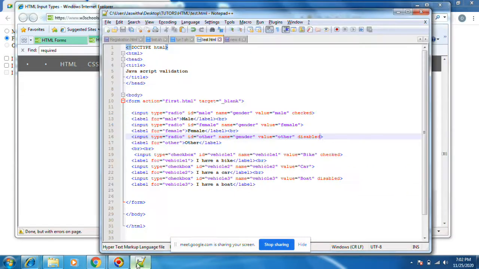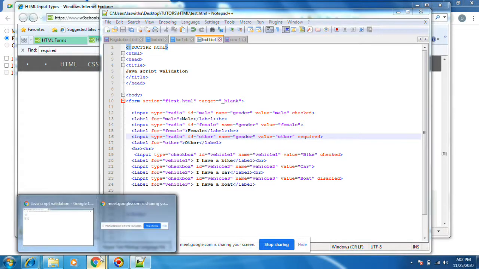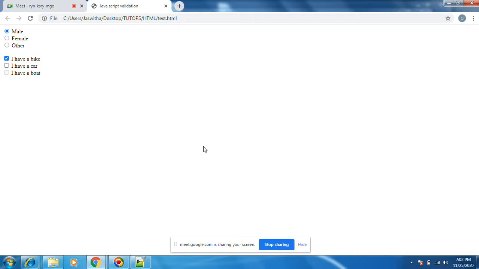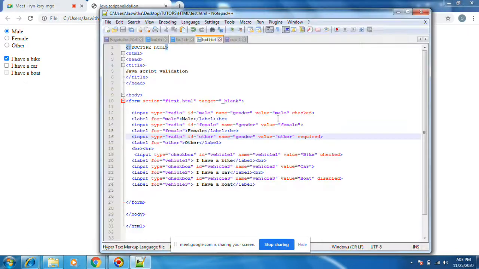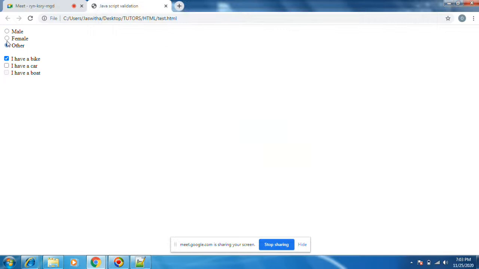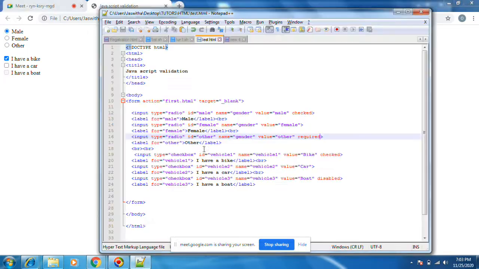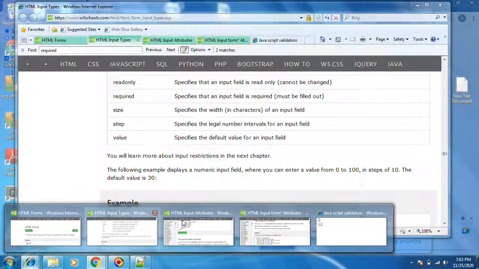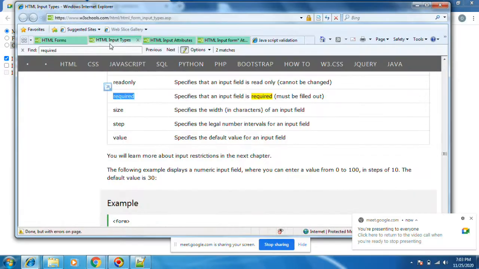Let's see. What we did, required, this one. Required means it will be visible.